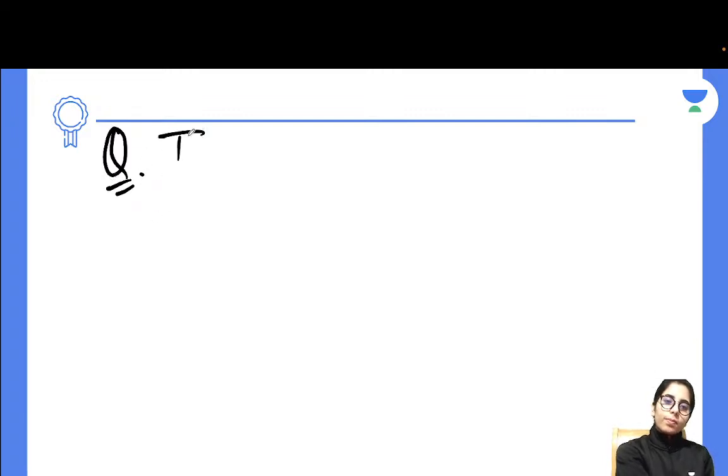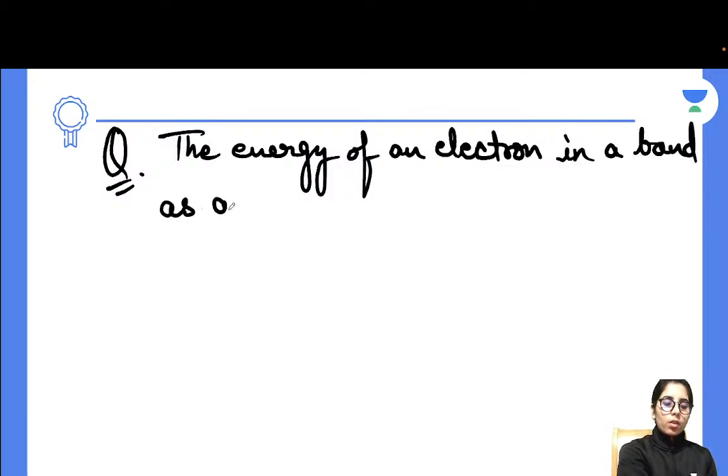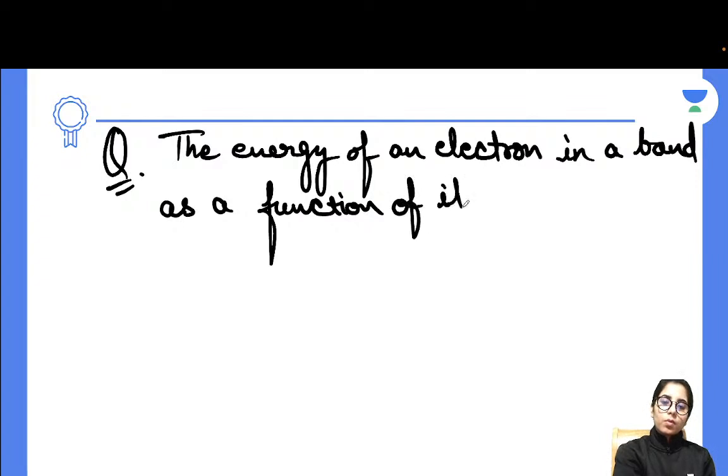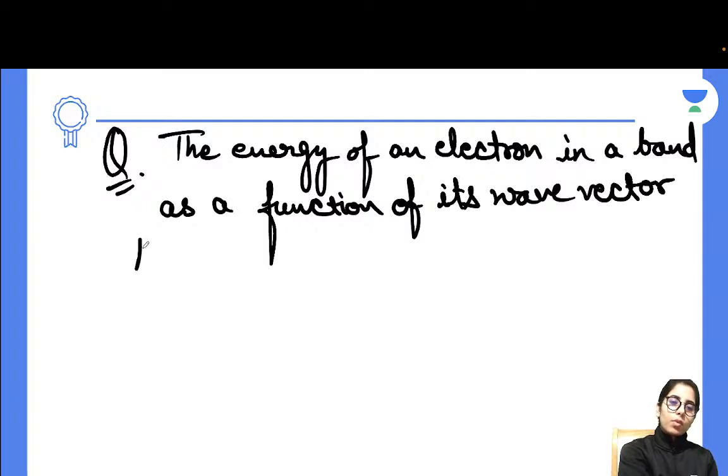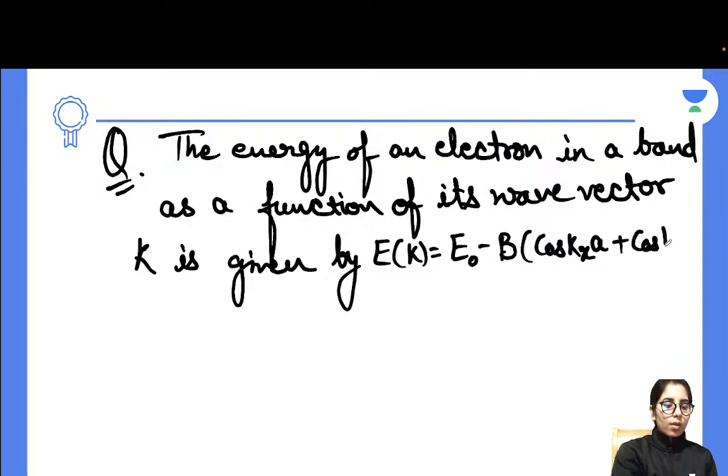The energy of an electron in a band as a function of its wave vector k is given by Ek is equal to E naught minus B cos kxa plus cos kya plus cos kza